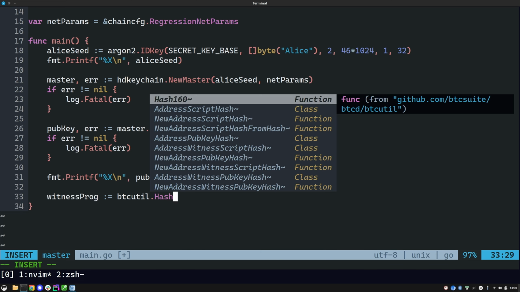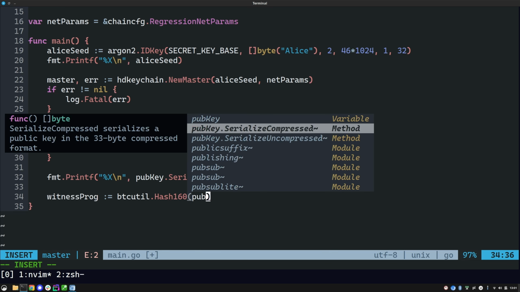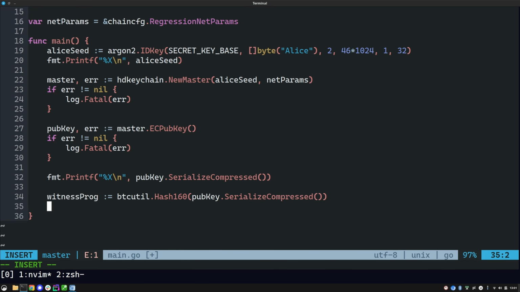Hash160. And what this does is it runs 2 hash functions. One is called RIPEMD-160, and the other one is called SHA-256, and this SHA-256 is called first, and then the RIPEMD-160 is called on it. And we hash the compressed key, and then we create an address like so: error equals